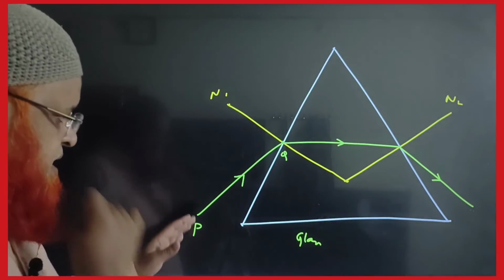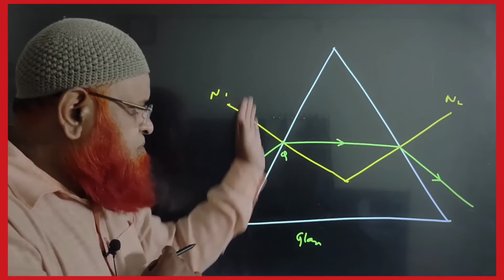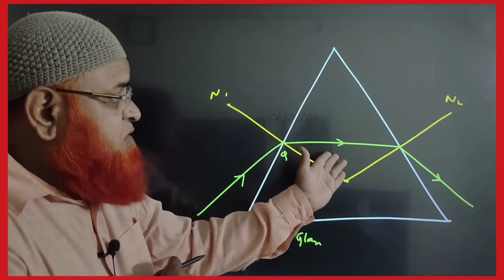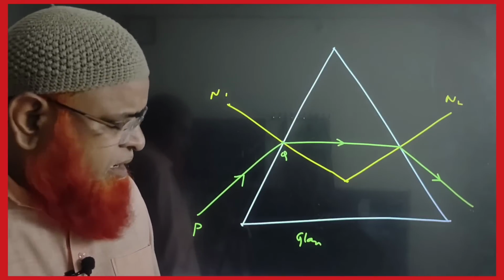Understood what I am telling? See here, when it travels from air to glass, it bends towards the normal. When it travels from glass to air,